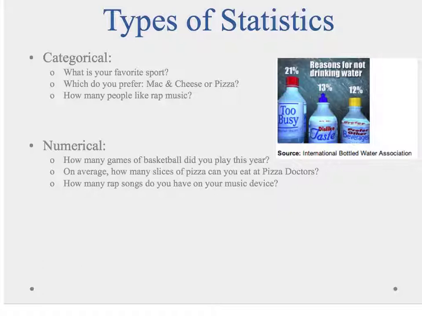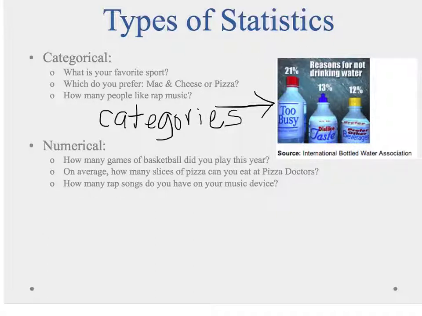These are all categorical. And in fact, the example I gave you about the bottled water is also categorical. Or, as you can see in the word, you are creating categories. Okay? Categories of information. And it might seem weird how many people like rap music. You could come up with a number. Maybe there's 10 people in our class who like rap music, but really the categories are people who like rap music and people who don't like rap music. So even though it seems like there's a number for that one, it really is a category.